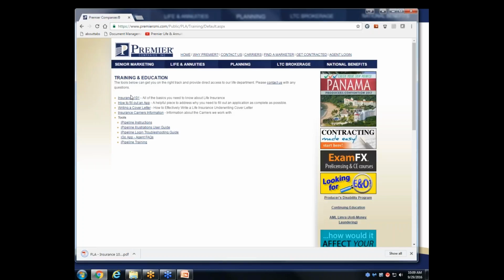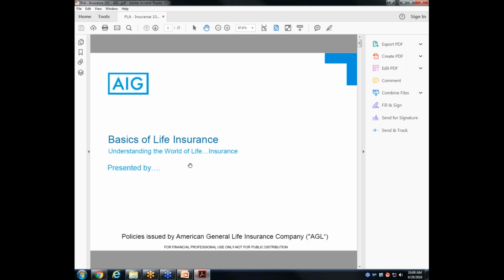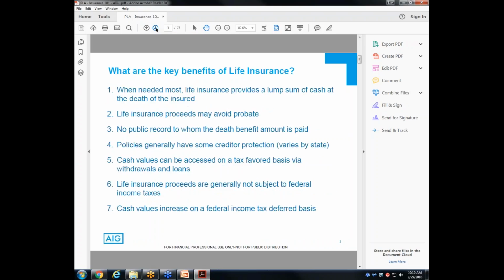It will download a PowerPoint that goes through and explains term life insurance, UL life insurance, and IUL life insurance from American General's point of view. This is the first one we've gotten. We will be adding additional ones from other companies in the near future, and also some of our own definitions